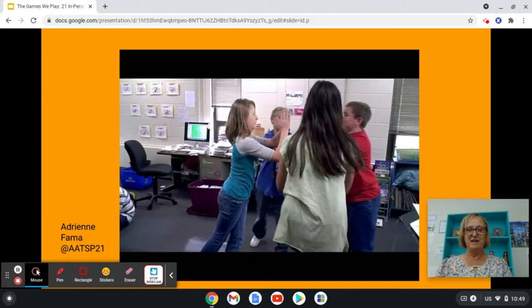So the clapping game that I learned from Adrian Farmer at the AATSP 21 in Atlanta goes like this. Everybody claps their lap first and then their hands. So you go like slap, slap, slap, slap. So you get a good rhythm going, and then you will have each student say a vocabulary word that goes by a category.